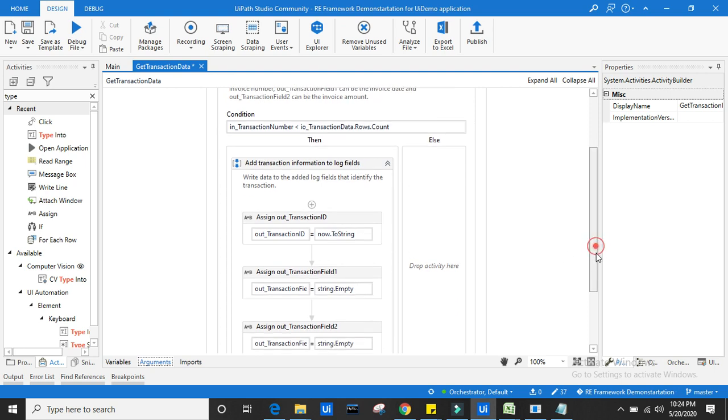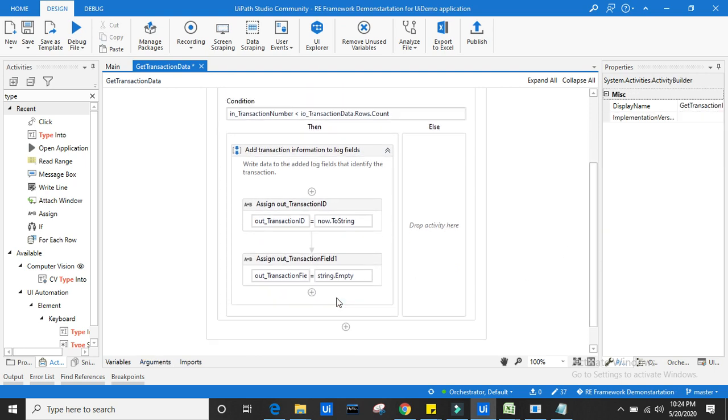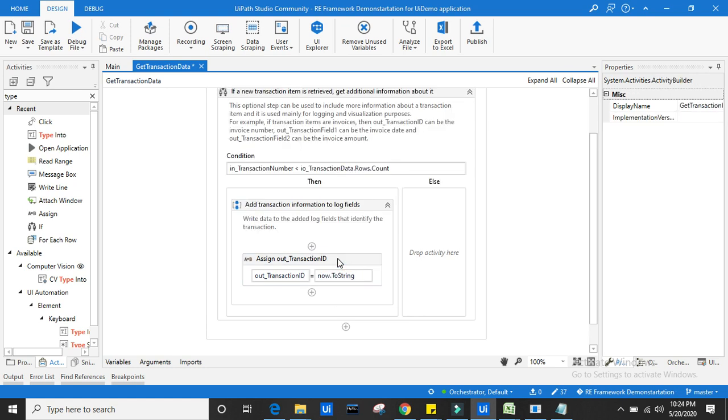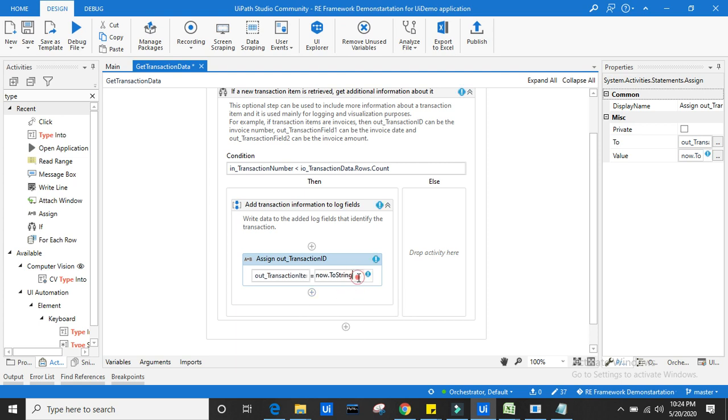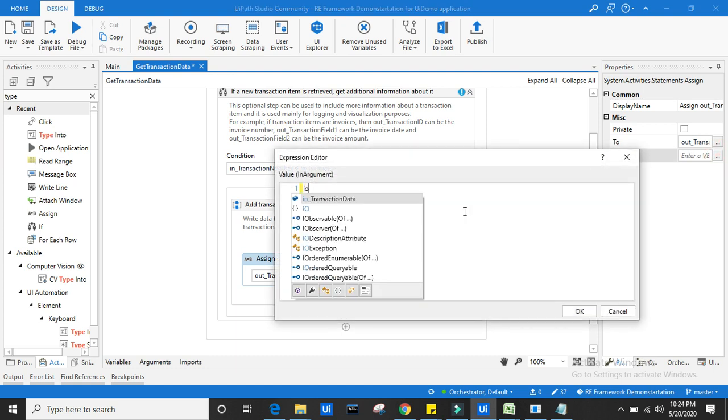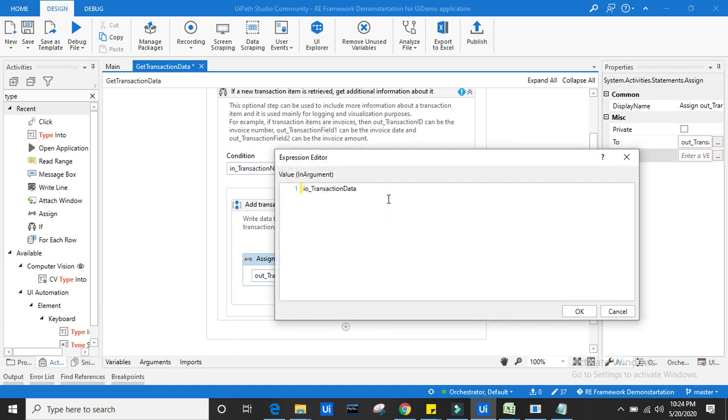Let's not keep everything here. These are all related to the log files, which we are not dealing with. We are dealing with only out_TransactionItem, which is nothing but the data. Here we should write IO_TransactionData in brackets in_TransactionNumber.